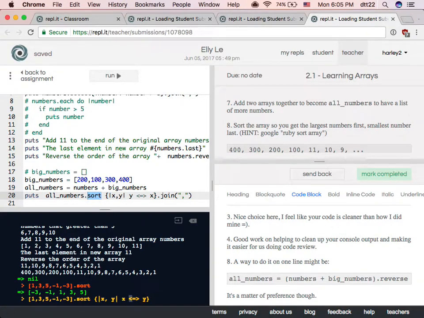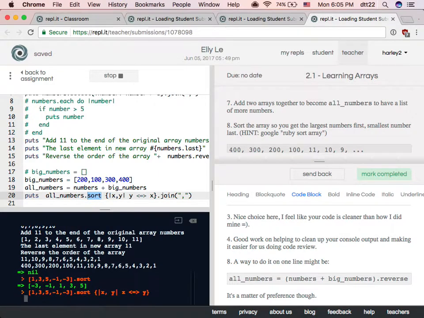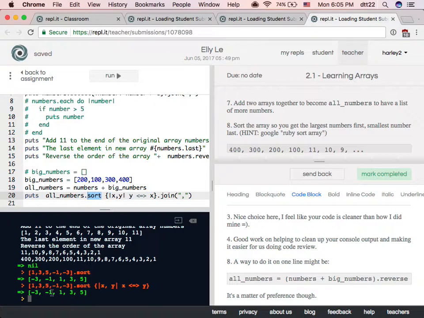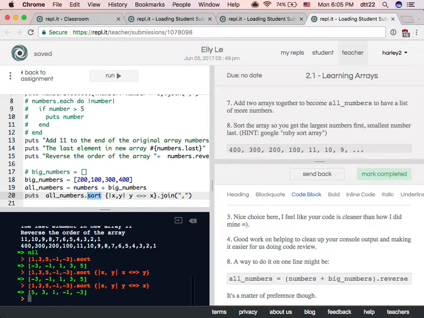So less than, equal, greater than, and then you press enter, it's the same thing. But if you compare x and y, let's change y to the front and x to the back. Then what happens? Then 5 first, minus 3 last.